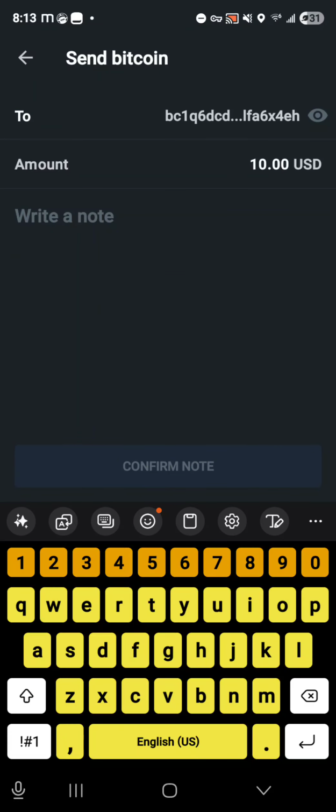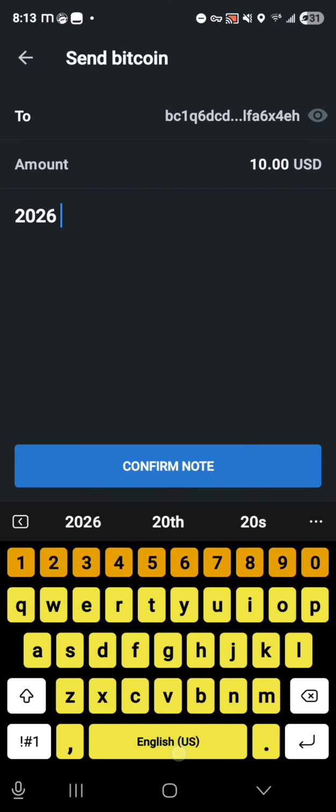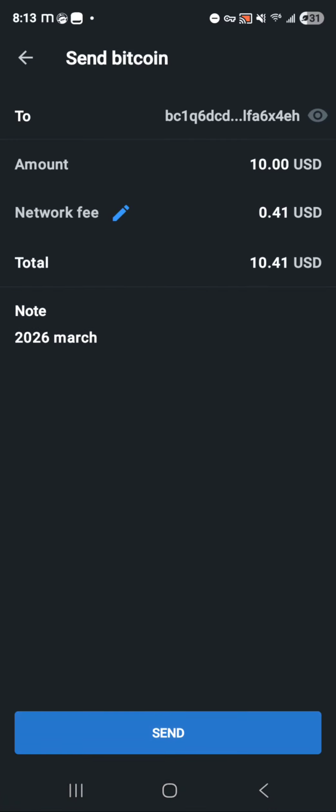I can write a note. I could just say 2026 March, just so I know when I sent it. An easy reference point, right? Confirm note. And now look, the network fee is only 41 cents, which is way better than paying $3 on